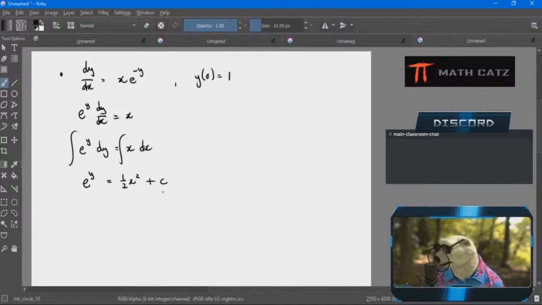Now I can solve for y. I don't have to, but you totally can if you want to. There's just no benefit, to be honest, for these made-up questions. When we get to practical questions, where I'm going to use my answer, which is probably going to be a function, to answer further questions, then yes, I want to clean that up. But right now, they're not going to specify how to present the answers, so whatever's convenient. I like this equation. I'm going to leave it like that. So there's my general